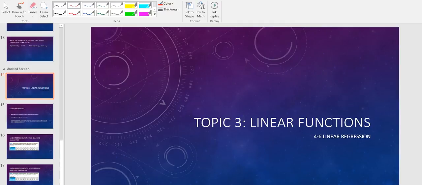In the previous section, we talked about scatter plots, how to draw those, and then drawing the line that we felt fit the best. However, the problem is that everyone's line was slightly different since we were just eyeballing it. So today, we're going to be talking about linear regression,